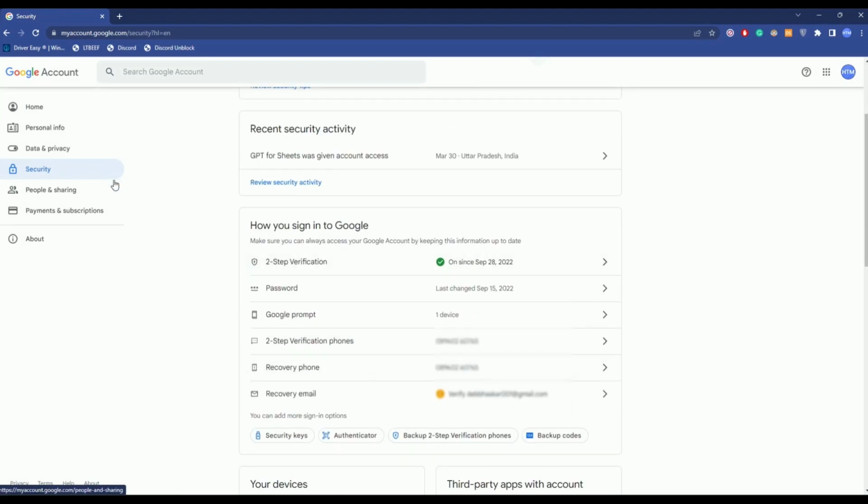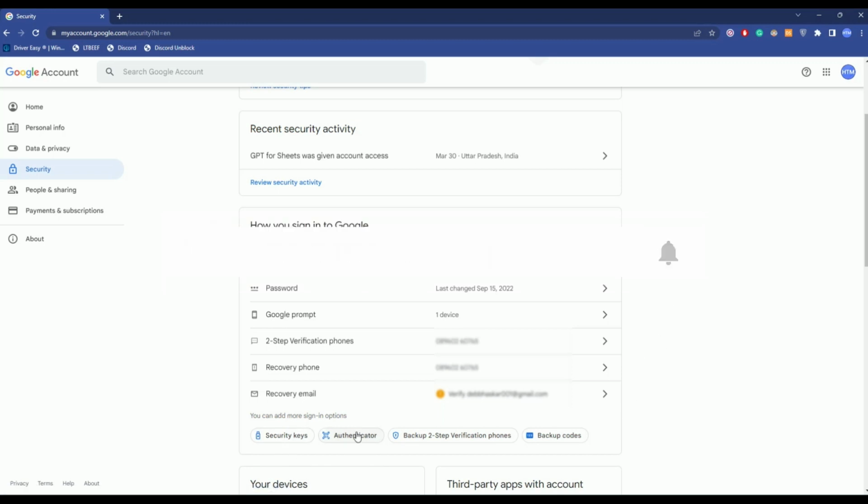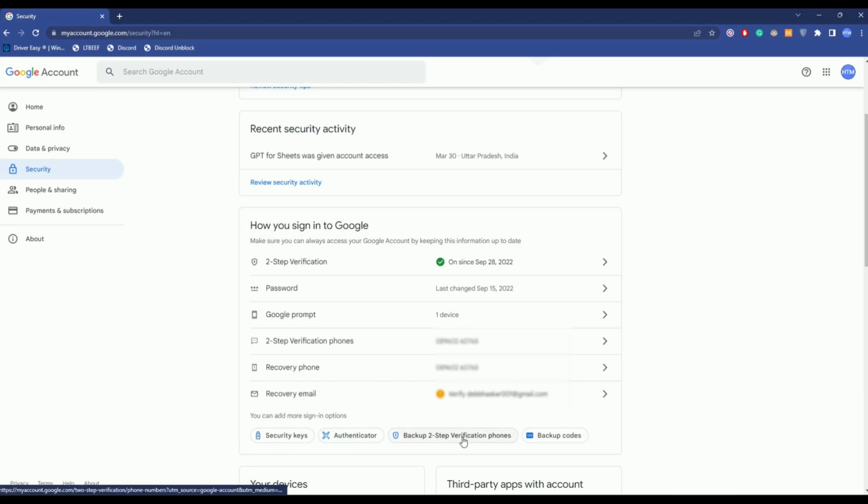As you can see, it is necessary for you to keep your recovery options up to date whenever you change your phone number or email address. You can also create security keys, authenticators, or backup verifications if you are unsure that you will be able to keep the recovery numbers or emails secure. To prevent this from happening, you can keep a security key, an authenticator app, or a backup two-step verification